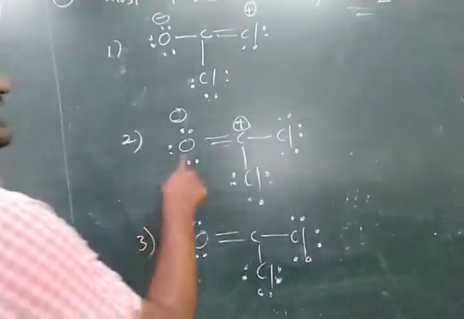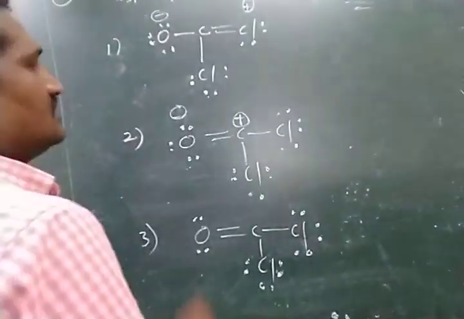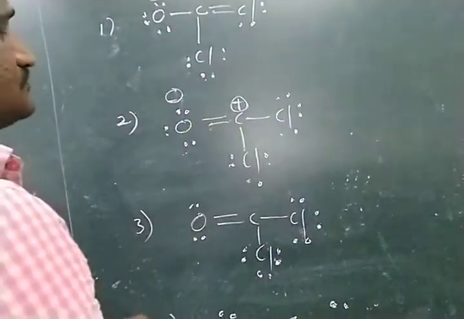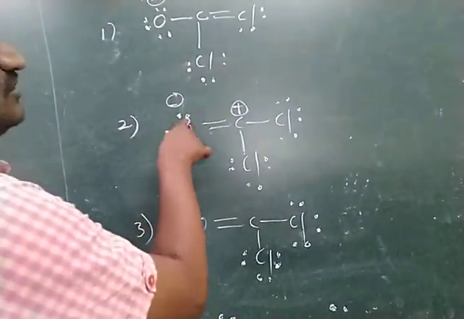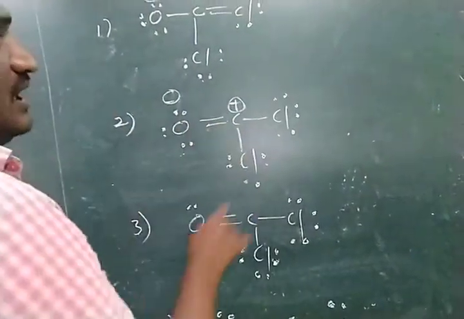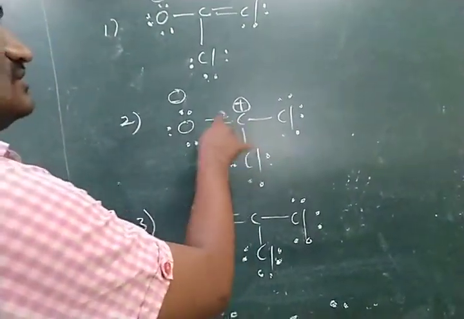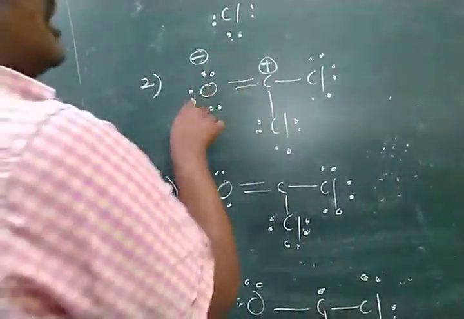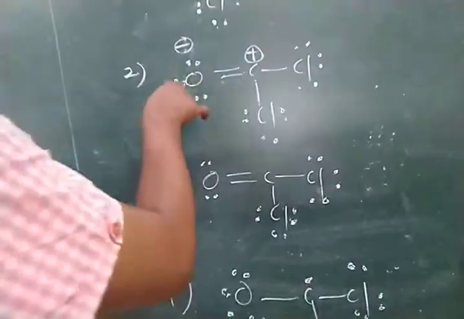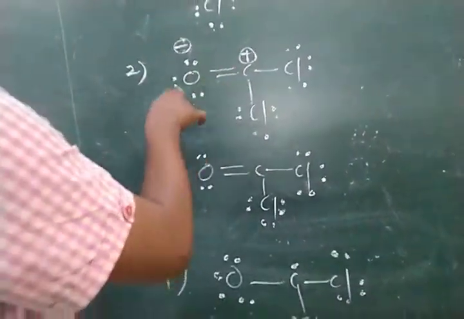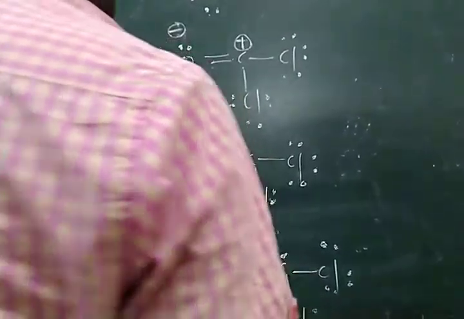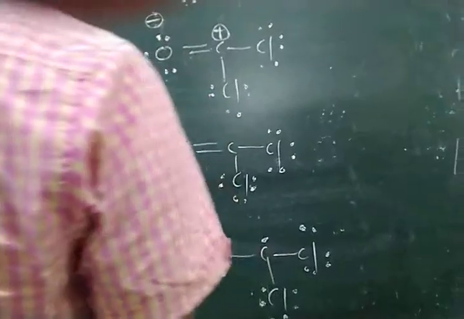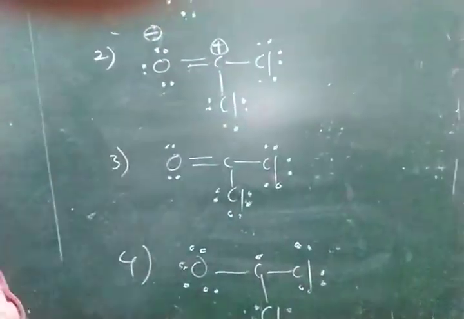And if you see in this case, all atoms are following the octet rule here, and carbon with a positive charge with 4 bonds is okay. But here there are charges, positive and negative charges exist, and around the oxygen 2 plus 2 plus 2 plus 2 plus 2, a total of 10 electrons, is not possible. Around the oxygen, 10 electrons are not possible, so this is also not suitable.